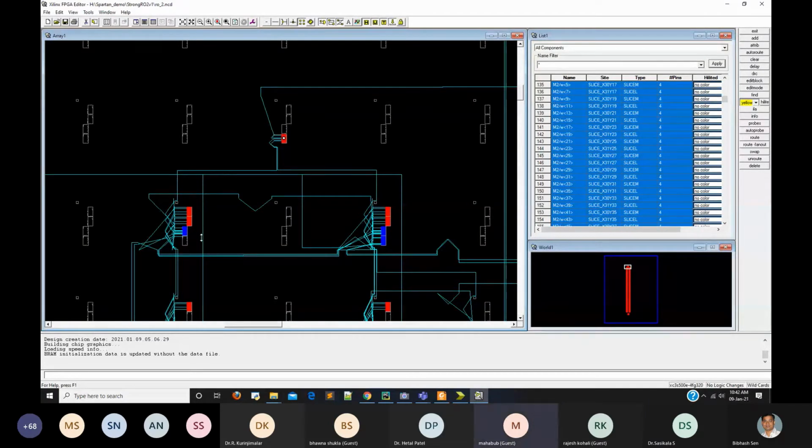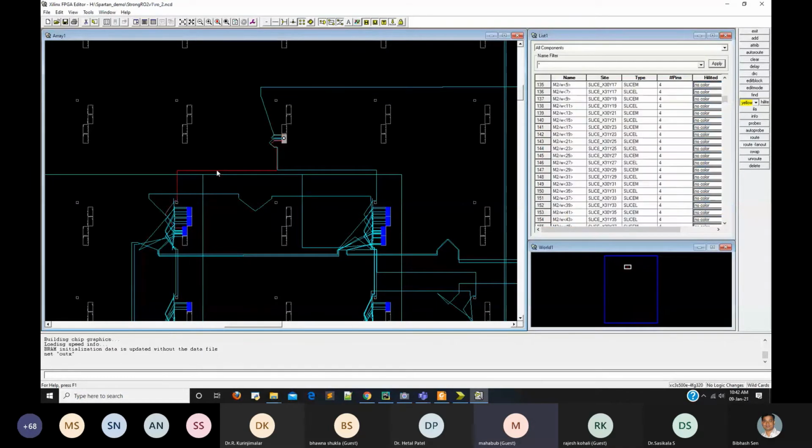Let me check the connecting wire between the two delay lines and the arbiter. This should be symmetric ideally. This is one connecting wire. This is another. Although this looks symmetric, it is not exactly. Let me check the delay. See here, this is the delay. One is 0.398 nanosecond, another is 0.410. So there is a difference of, I think, 0.012 nanosecond.